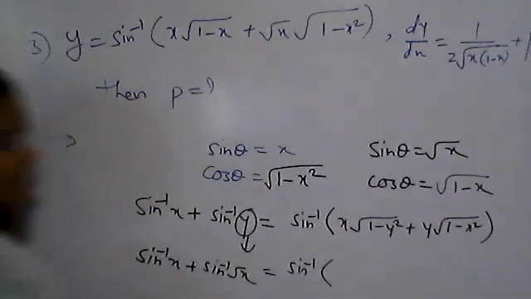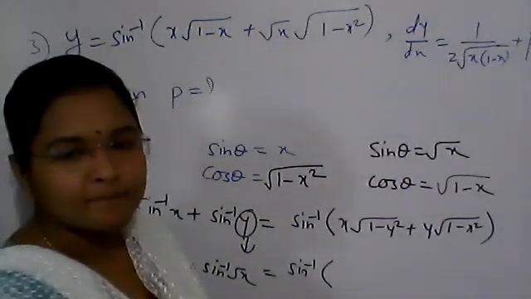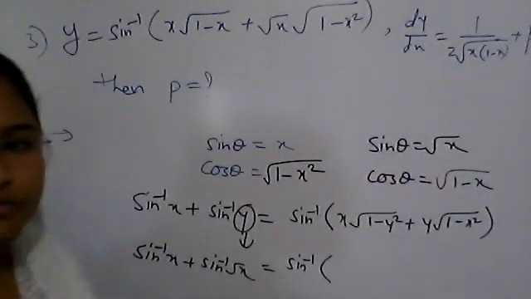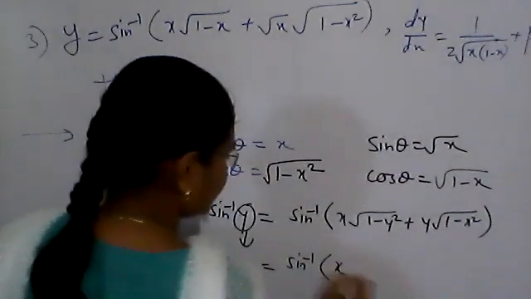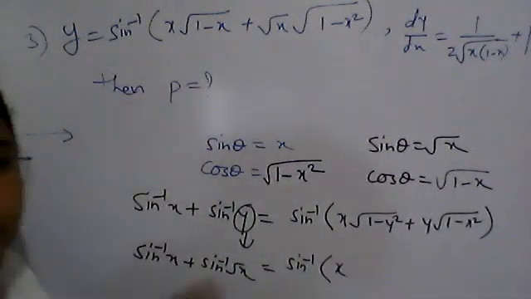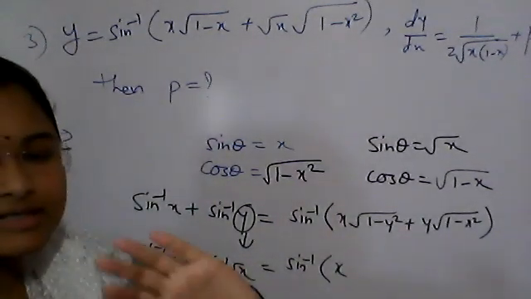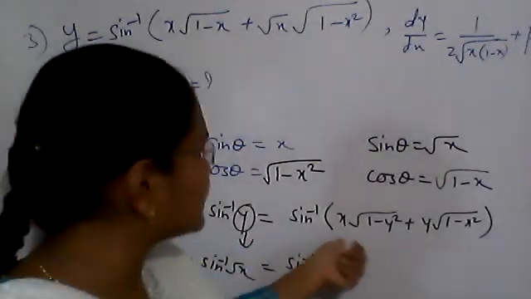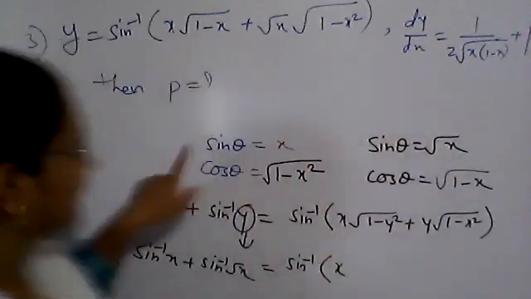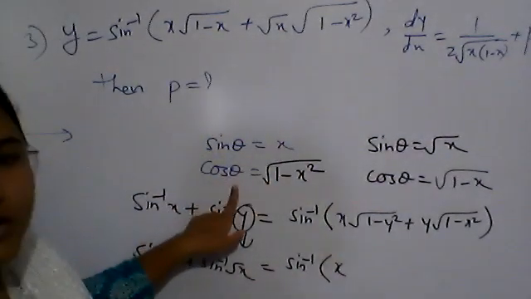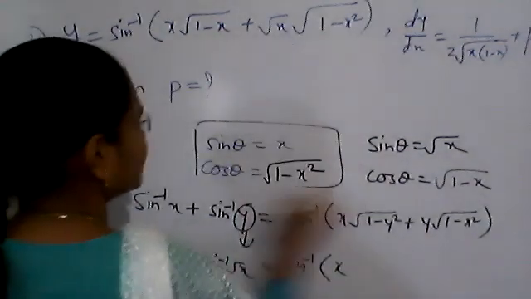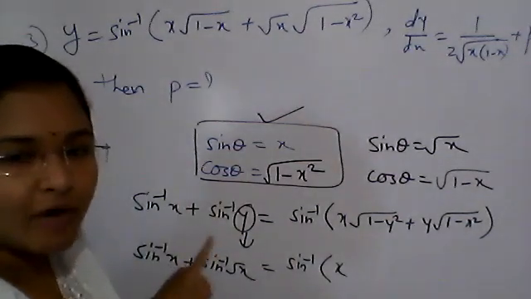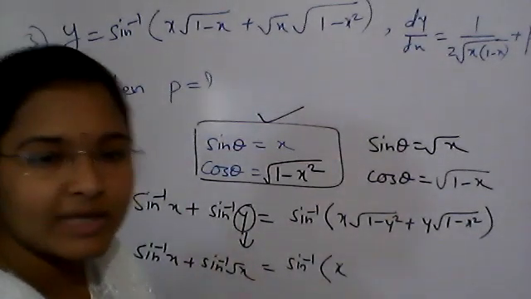Tell me quickly, sine inverse of... Ma'am, how did you write this? I didn't understand the difference between this root x and x. See, listen, you got the formula sine inverse x plus sine inverse of y equals sine inverse. Now we have sine theta equals this, then we get cos theta is this. Any doubt? Okay. In this form, if we replace y as root x,